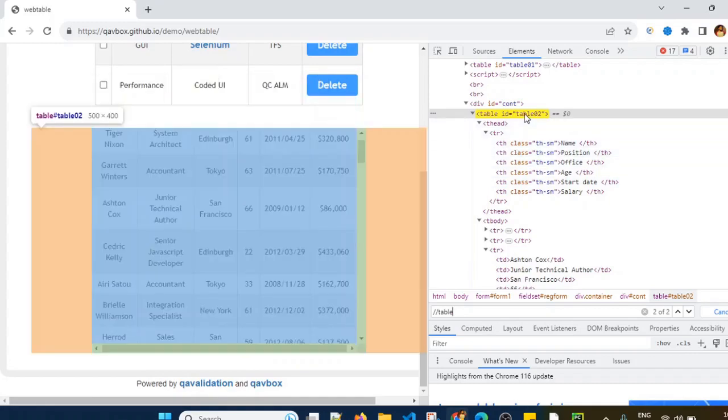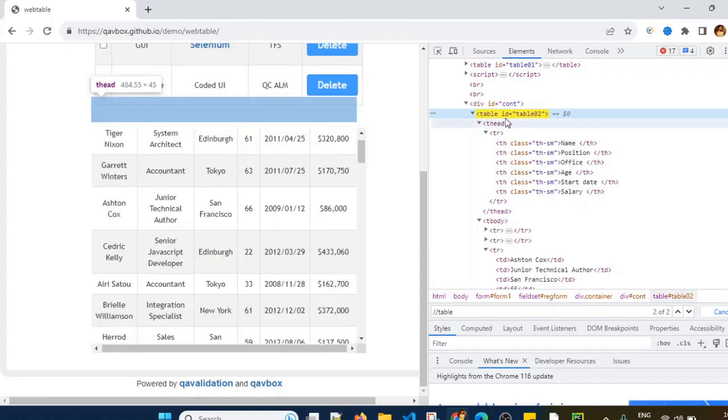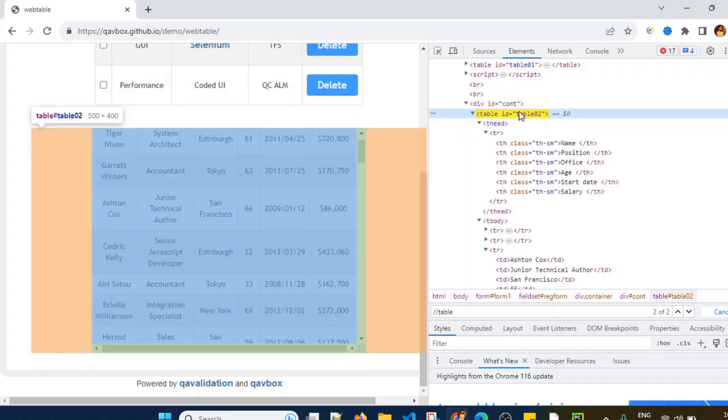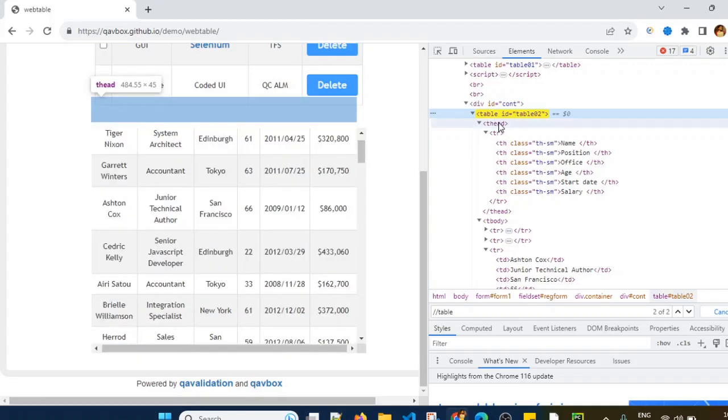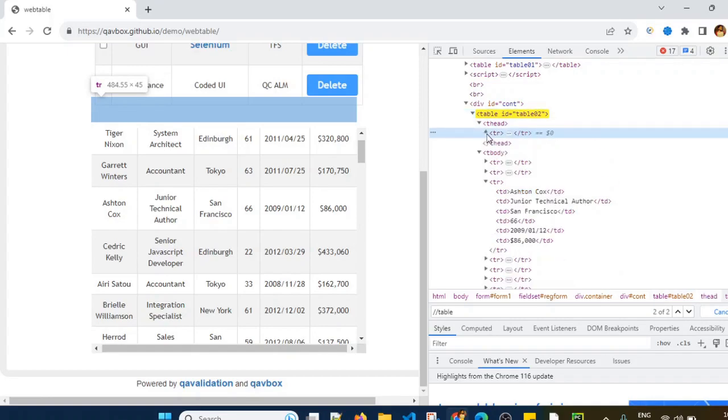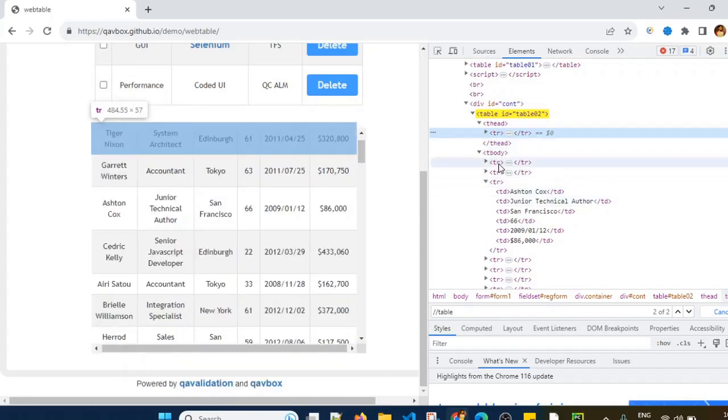And for the second table, if you see, the table tag is present. Now in this, there are some attributes. There can be a name attribute, an ID attribute, and some more other attributes will be present as well. In this situation, we can see there is an attribute called ID present. So table ID equals table 02. If you highlight this, it will basically contain the entire table. So it includes the entire table in the table tag. And inside this table tag, if you see, there are TR tags. Now TR tags represent the rows basically. If you see, these TR tags are representing the rows.